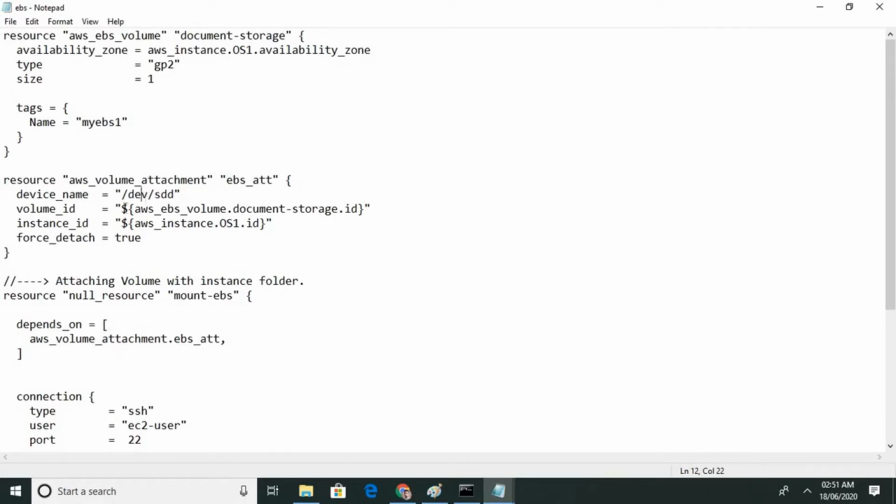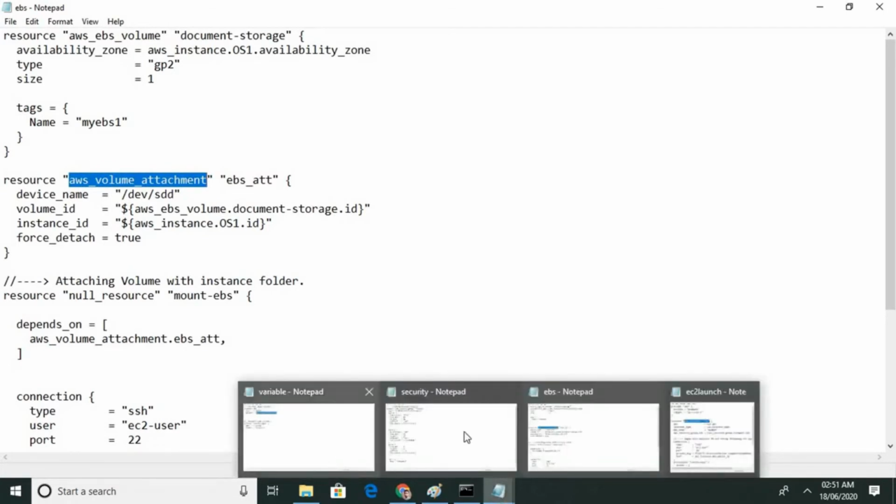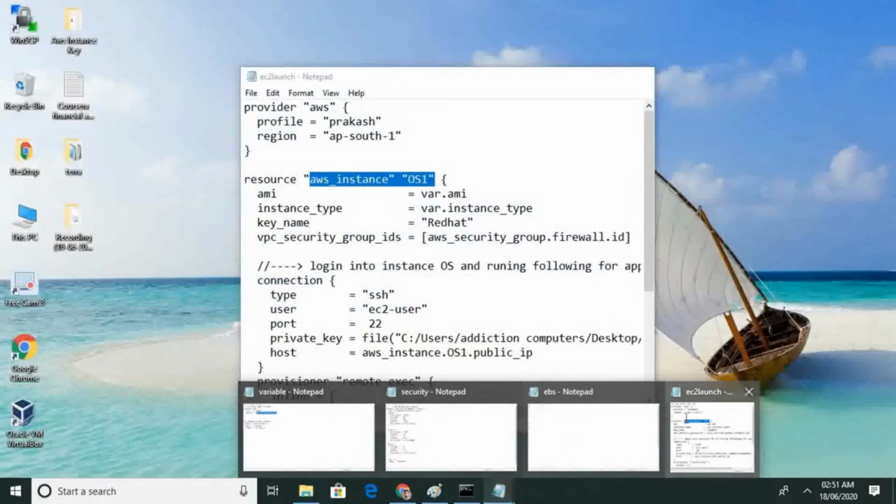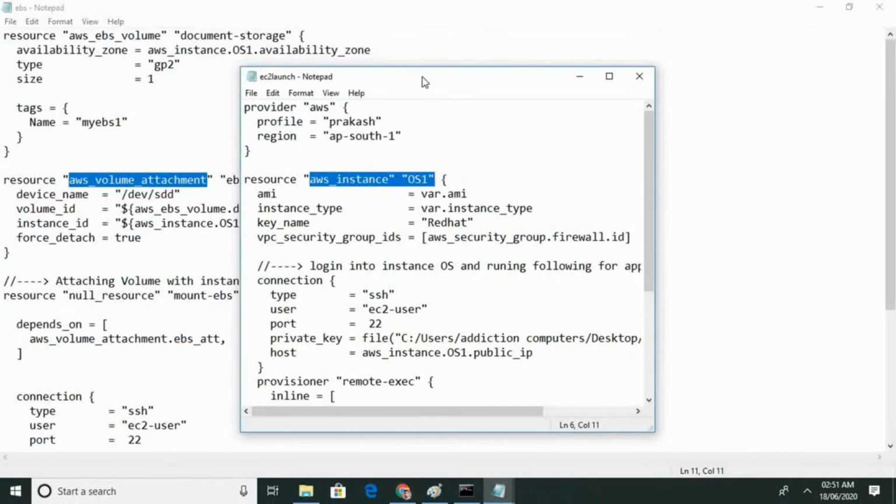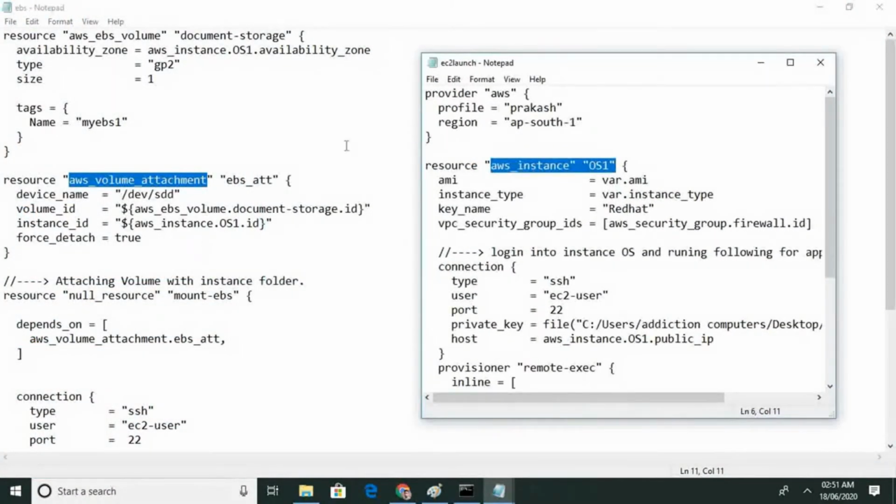Now the interesting part comes, to attach this EBS volume to this instance. Here it is. We have to attach this EBS to this instance. For attaching, before that we have to give some names and all that.